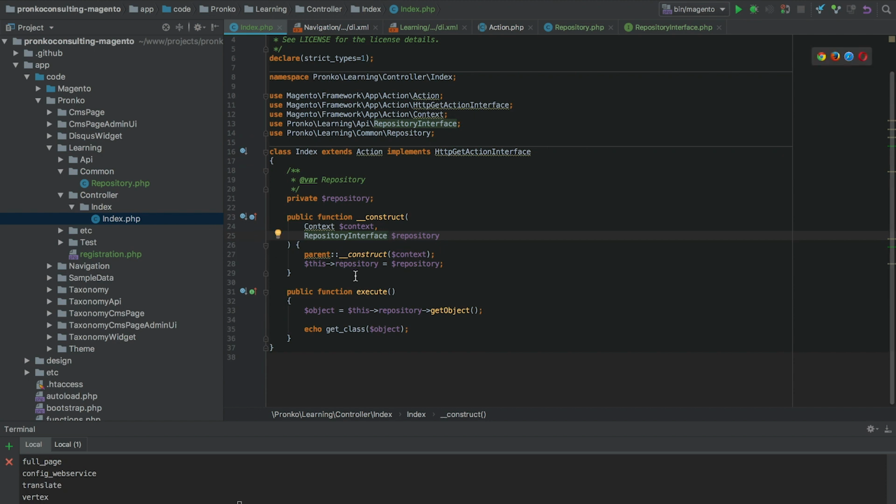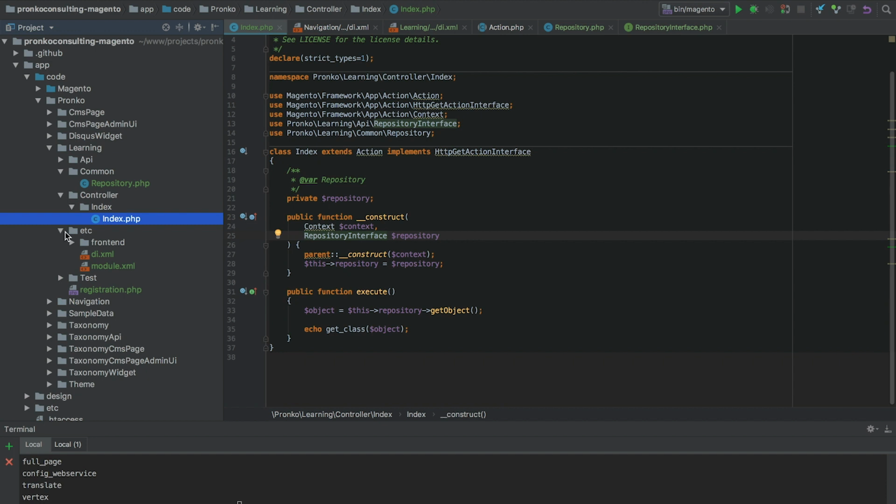In Magento, there is an object manager implementation, or class, which is responsible for parsing construct methods and checking types of objects which have to be injected into the construct method and creating objects based on these types. So in order to provide information to the object manager about this repository interface, we can use a di.xml file located in all modules, and in a particular module it's under etc di.xml.